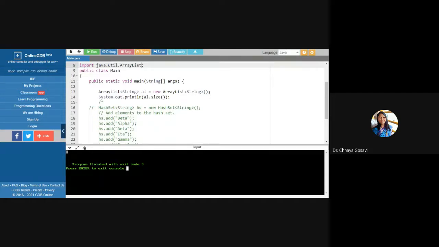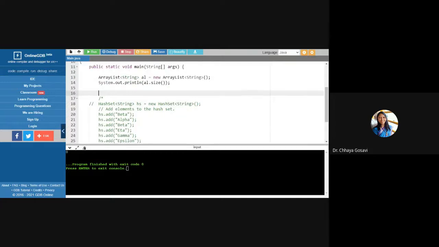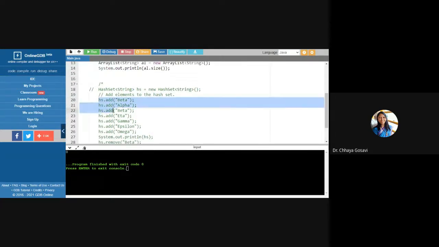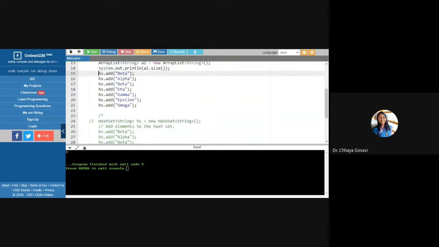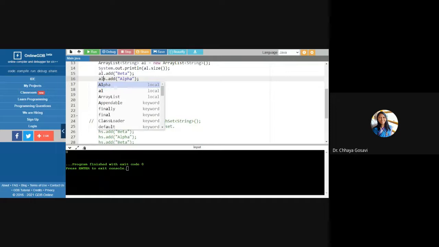So initial length is 0. I have created an ArrayList with the default constructor. So if I check the size of my ArrayList, it is 0. Now I want to add a few elements into the ArrayList. So we'll add these elements. The function is add, al.add. Note that we haven't written this add function.